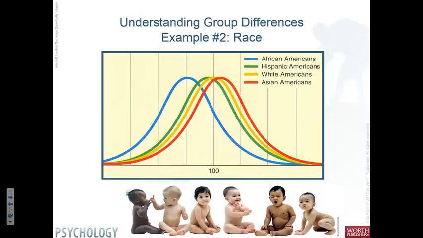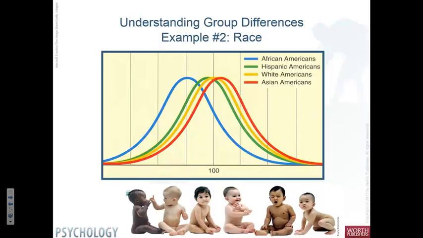Here's another area of even greater interest, and that is of race and IQ scores. Here the groups we're looking at are racial groups. And before we start this, important to note that the full range of IQ scores, everything you could imagine, is seen in all racial groups and all ethnic groups. But if we take these 4 groups right here, Asian, White, Hispanic, and African Americans, there are group differences.